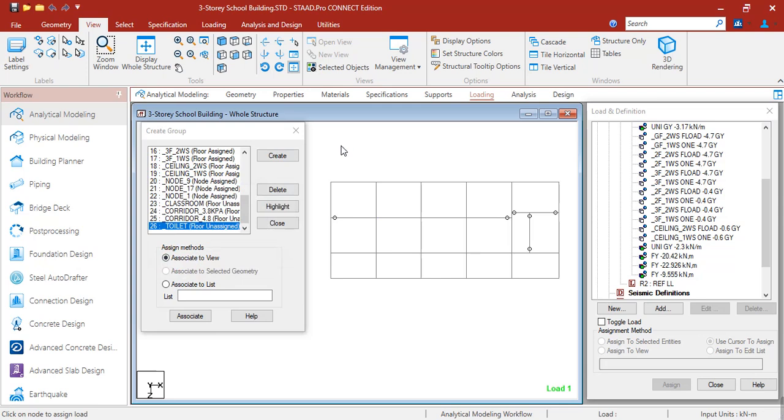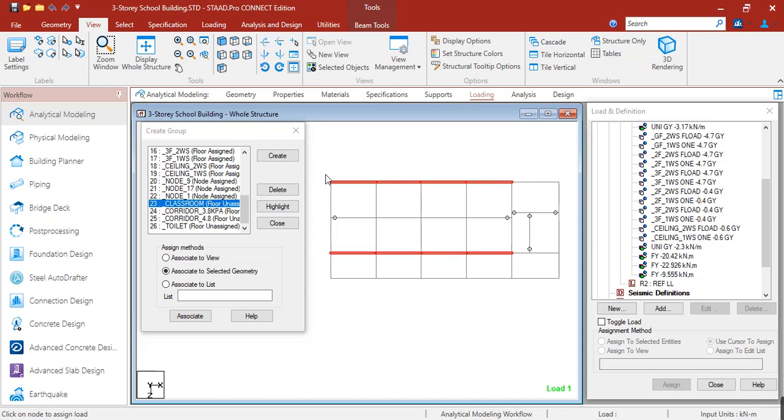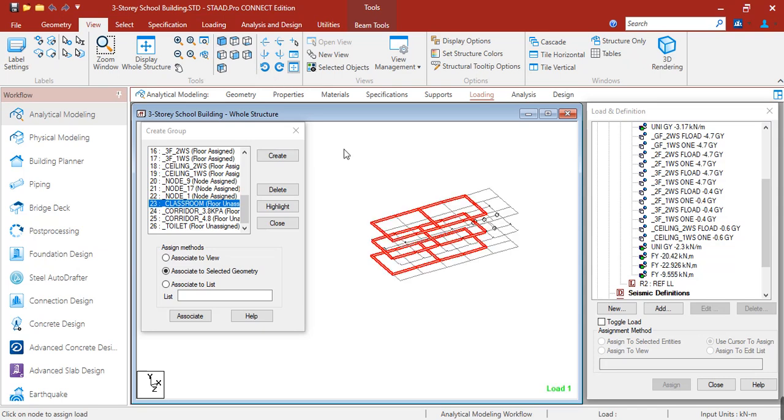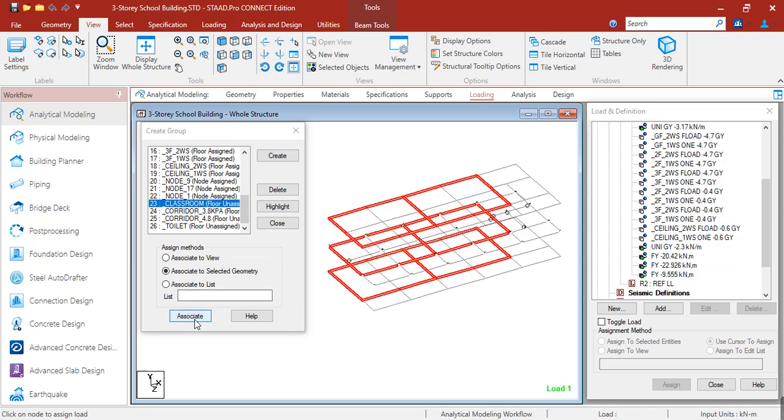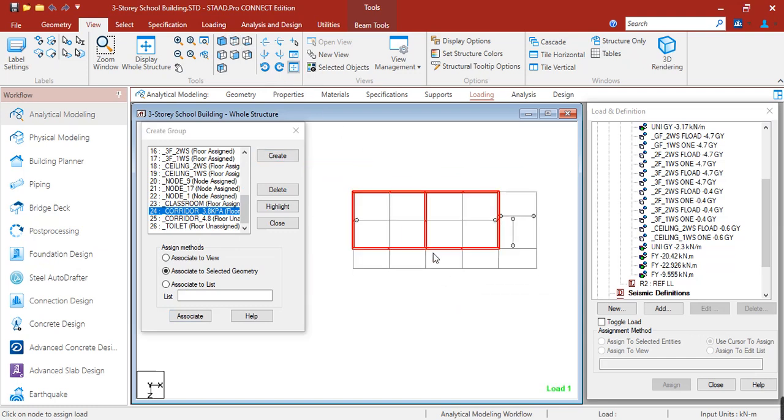So we need to highlight all the members, first for the classroom. The beams that will carry the classroom are these beams. Let's just highlight, then check in 3D view if we have highlighted all the classrooms. Then click associate. Next, the corridors for 3.8 is this one.